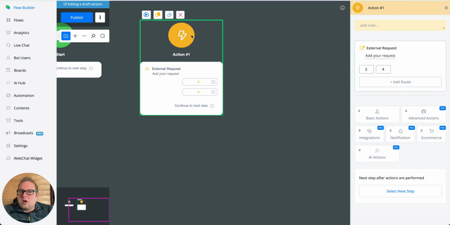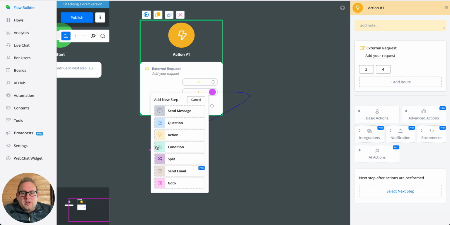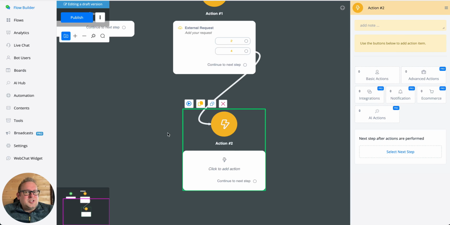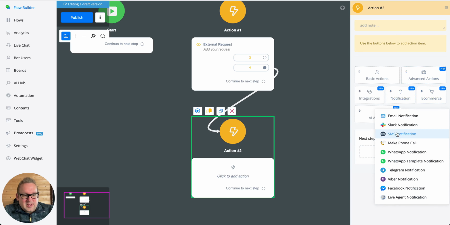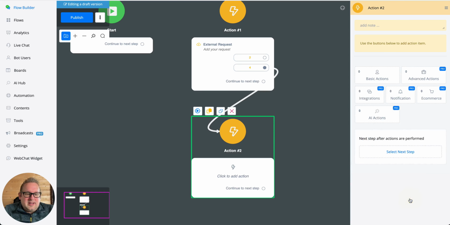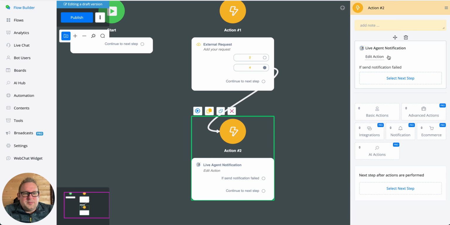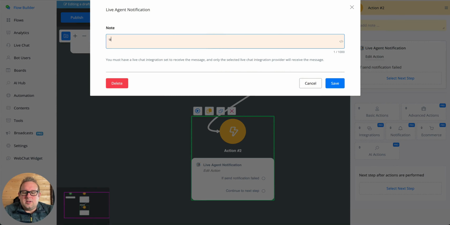there is something wrong with the specific external request. And then you can, for example, say, okay, I'm going to notify a system admin that this external request for this user has failed, right? So you can do so by going with an action node. You can go with a notification. You can write the notification, and inside that notification itself, let's just do a live agent notification, for example. You could say user just went through this API request and it produced